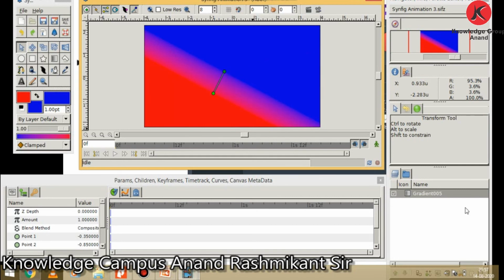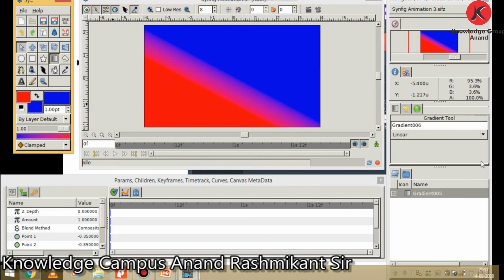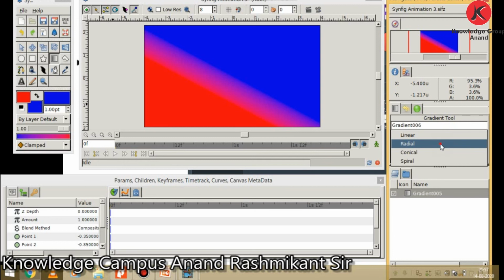Now next, radial. So choose gradient once again. Now choose radial from the tool options panel. Radials produce circular colors with the transition being at the center of the circle.